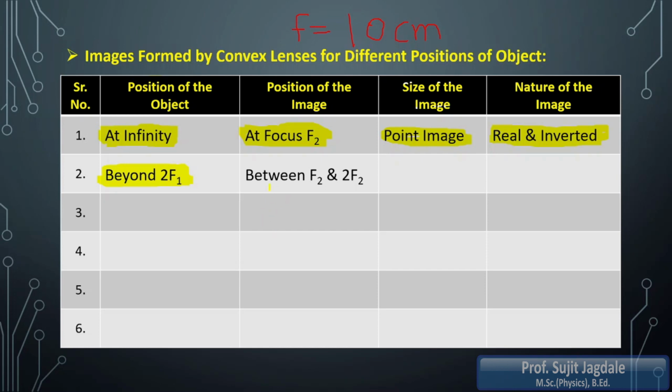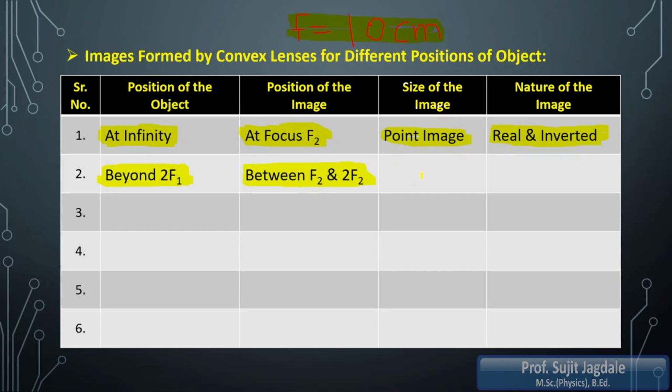Now the image is formed between f2 and twice f2. Where is the image now? Image is between twice f2 and f2. Suppose f is 10 centimeter, so twice f2 is going to be 20 centimeter. So the image is going to form anywhere between 10 centimeter to 20 centimeter. It may be at 12 centimeter, it may be at 15 centimeter, like this. I am considering only one example here, f is equal to 10 centimeter, just for reference only. So it is not a fixed value. For lenses, the focal length is going to be different.